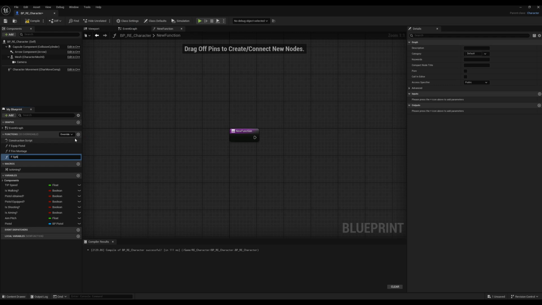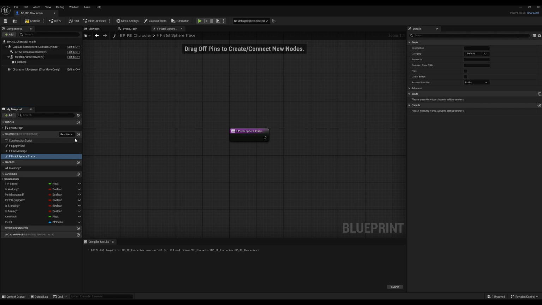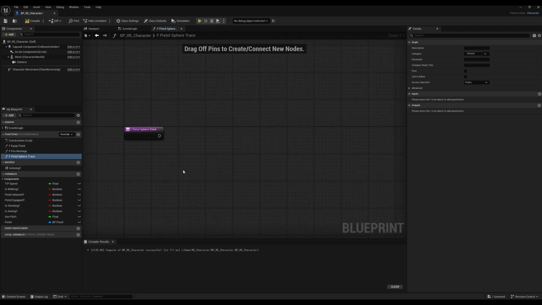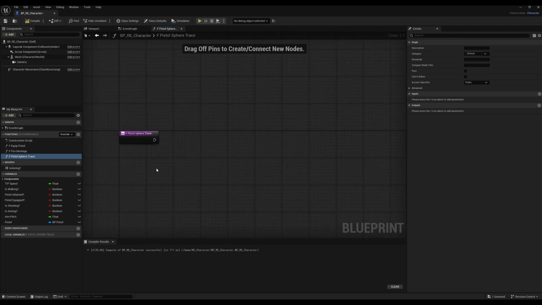You can call it sphere trace or line trace, but in this case I'm using a sphere trace. Let's make it more precise so it's a lot easier to find later. So let's call it F Pistol Sphere Trace. If you want to use a line trace, you can just call it Pistol Line Trace. But in my case, sphere trace is much better when we consider those game mechanics, because we don't really have